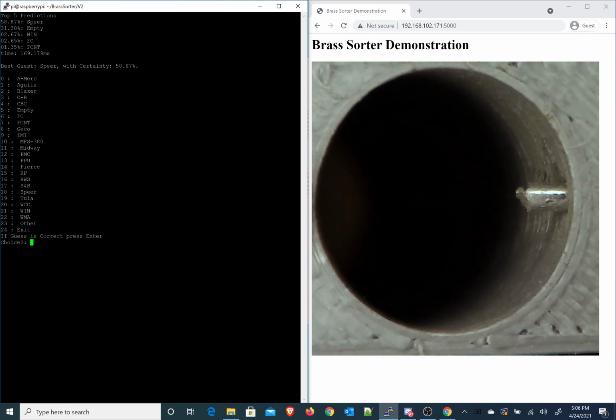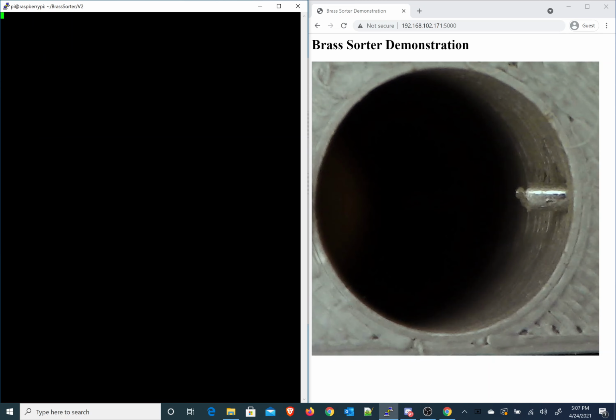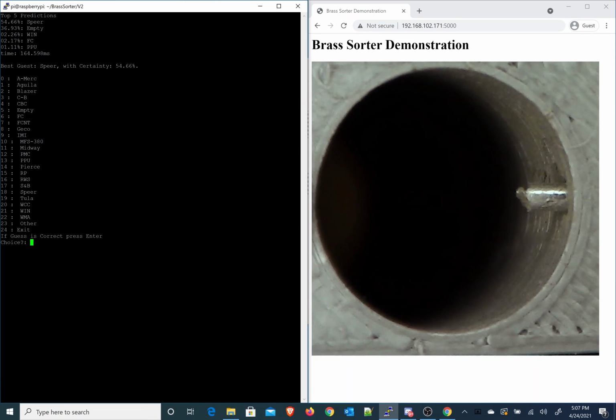So we have to train an empty system state as well. So it thinks this is spear because I haven't trained a lot of empty system states. So I'm going to hit number 5 to tell it that it's empty. It's going to save that image and tag it. And then I'm going to hit number 24 to stop the program. You hear the motor whine go off. And that's it for